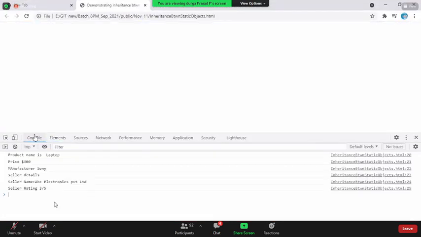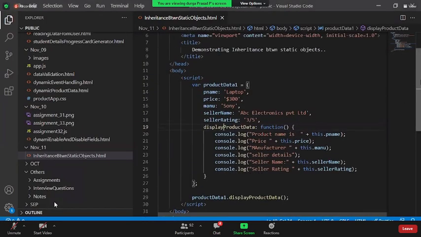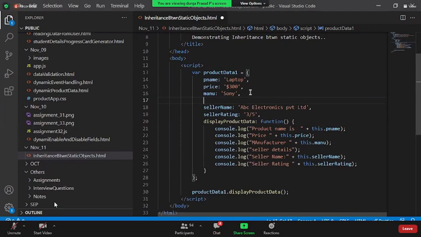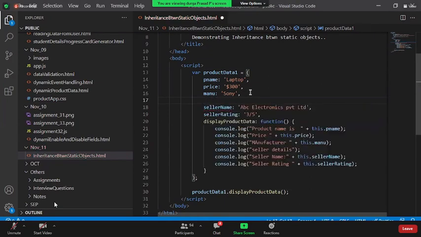Okay. Any questions on this sample example? Any questions with this? Sir, can we have seller detail as a key, and inside that can we have all the details of a seller as a value? That's a good way of representing the data. That's a good part. See, since product data is different and seller data is different, why don't you differentiate between them?